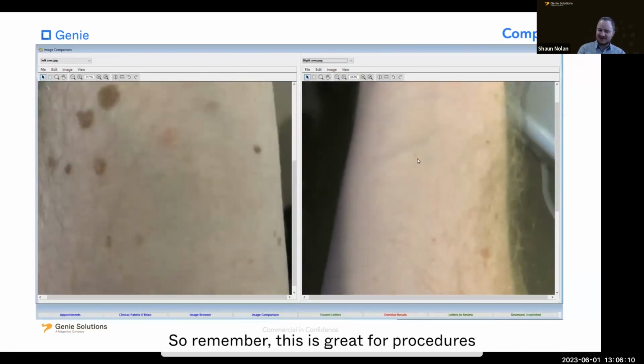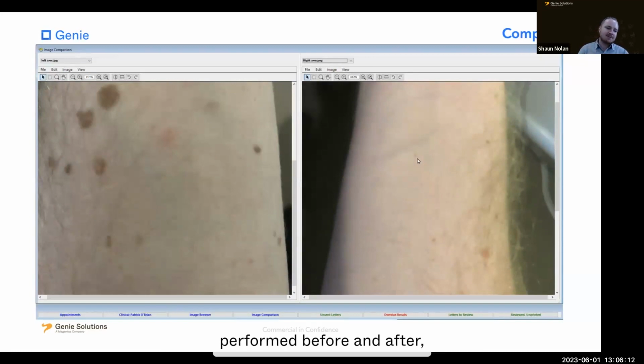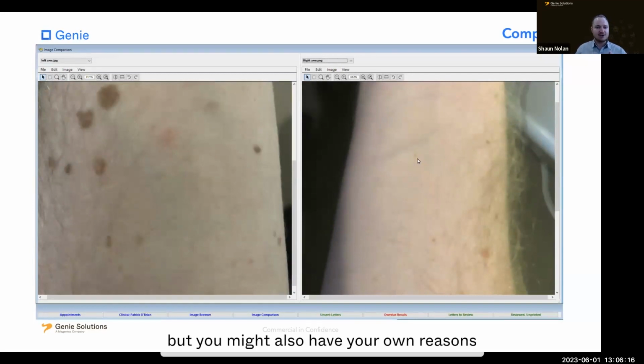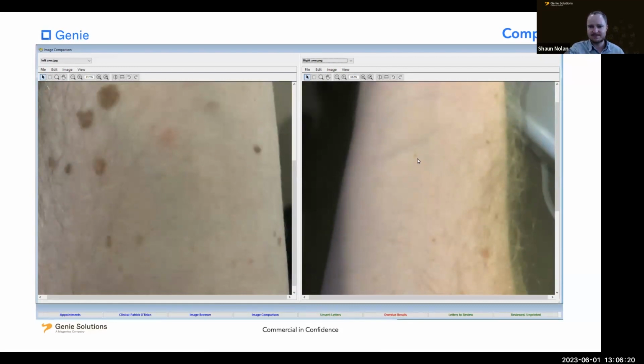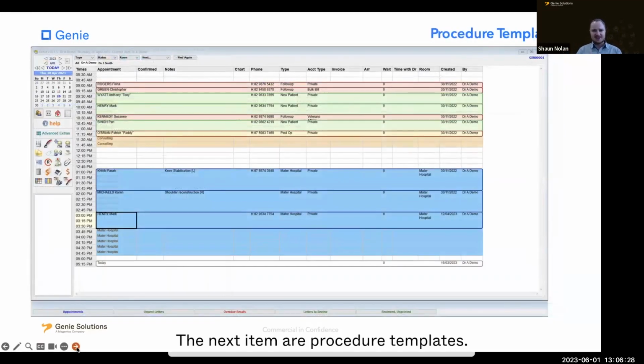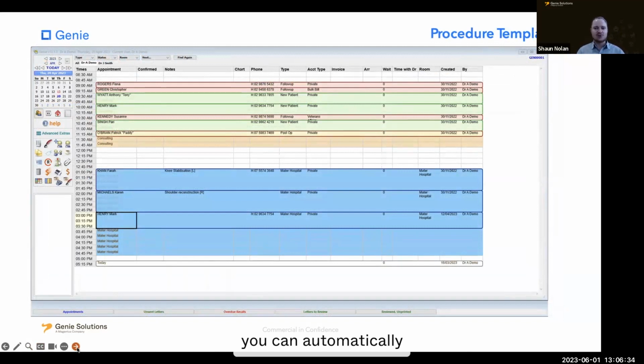So remember, this is great for procedures performed before and after, maybe tracking how a lesion looks over time, but you might also have your own reasons why you want to compare two images. The next item are procedure templates. These are templates that you should use when you commonly do a procedure. It can automatically bring in the procedure name, item numbers, notes, and other fields, meaning there's less data entry for